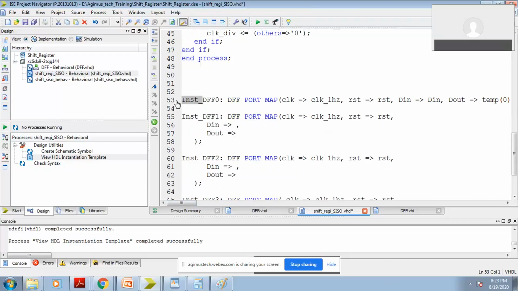It is not fitting in one line, so I'll just remove some spaces here so that you can easily see the code.